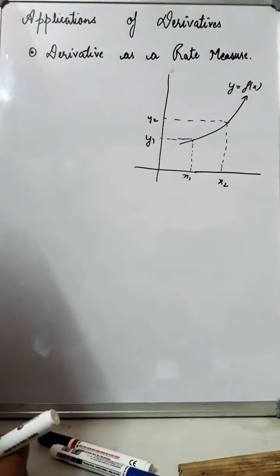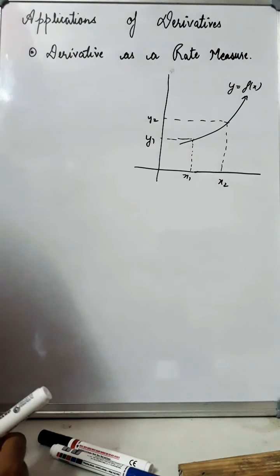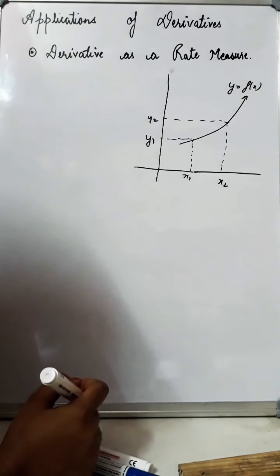Hello everyone. Now we are going to start a new chapter, which is applications of derivatives, preceded by continuity and differentiability. That means till now we have studied continuity. When a function is continuous, then we talk about its differentiability. We also read the derivatives of different kinds of functions like implicit functions and inverse trigonometric functions. We also read about variables in parametric form. Then we read about higher order derivatives.